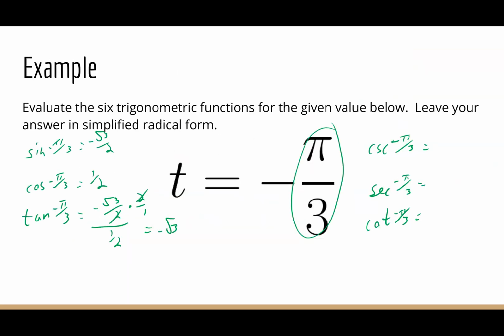And cosecant, secant, cotangent are the flipped over version. So cosecant, flipped over version of sine. So negative 2 over square root of 3, which is going to become negative 2 square root of 3 over 3. We get rid of the square root on the bottom. Secant instead of 1/2 is 2 over 1, so just 2. And cotangent instead of negative square root of 3, it's going to be 1 over negative square root of 3, which turns into negative square root of 3 over 3. So that's my